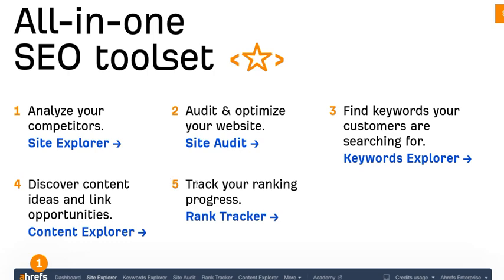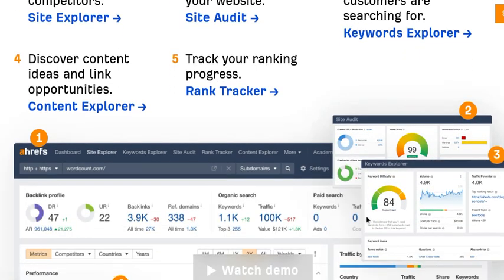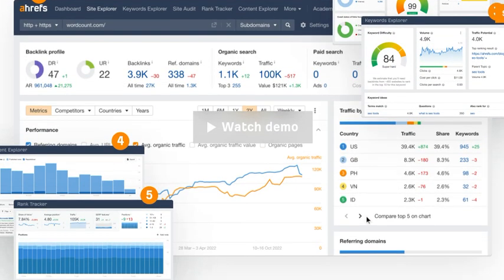It also tracks your ranking progress, and also discovers content ideas and link opportunities. Ladies and gentlemen, I bet you if you buy this tool, there's no complaint or doubt that you should say this tool does not work or is not really worth it. I bet you if you do the right thing, exactly as I showed you,